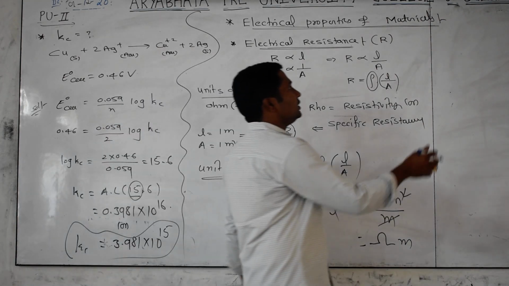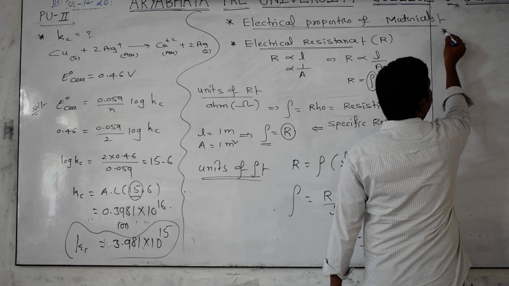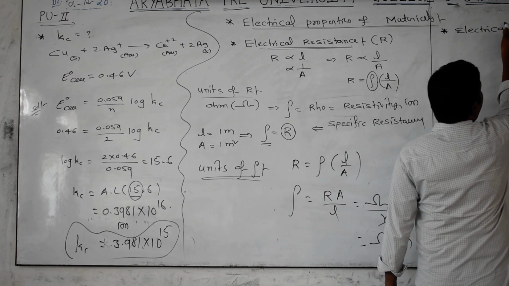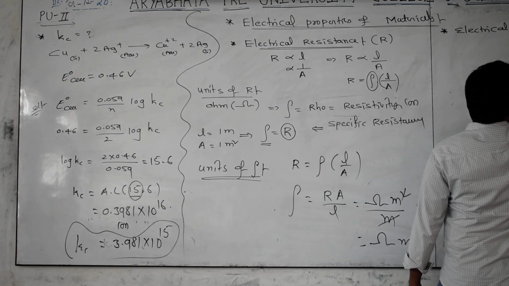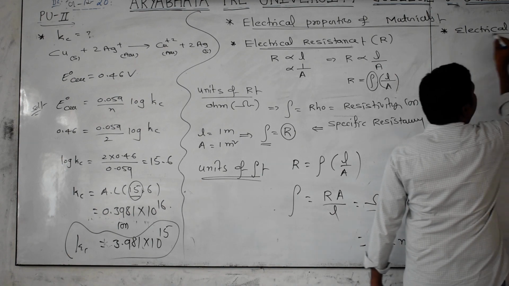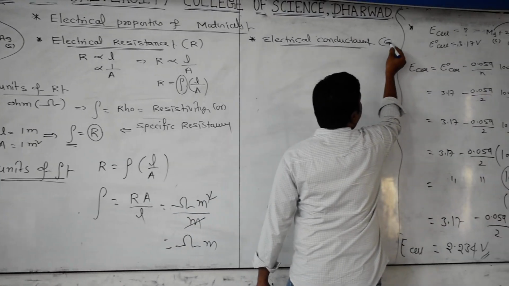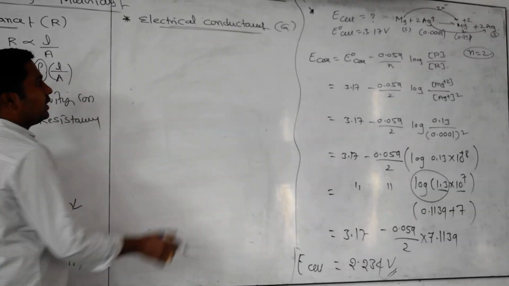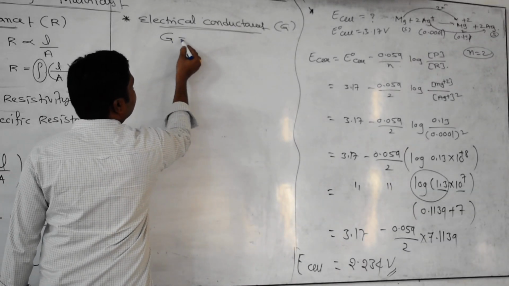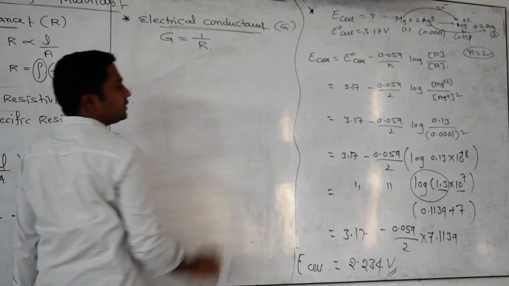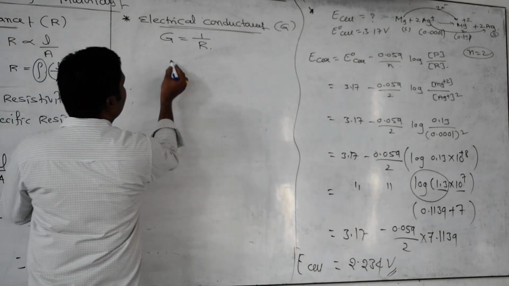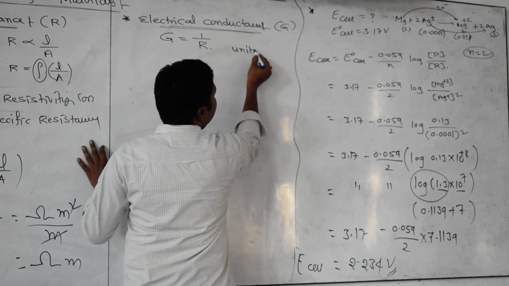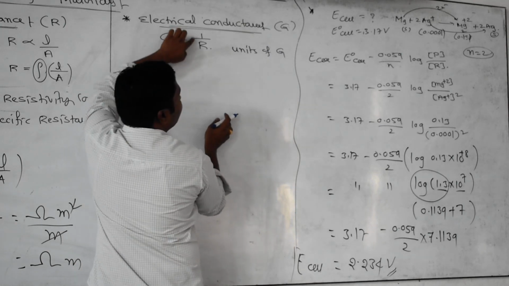And I want to discuss some other terms here. It is nothing but electrical conductance. How can you show the electrical conductance of the materials in physics? G. Okay, what is the meaning of electrical conductance? You know very well. Conductance, or electrical conductance, is nothing but the reciprocal of the resistance. Automatically, what units can you tell? Very good. Units of G is nothing but 1 by ohm.